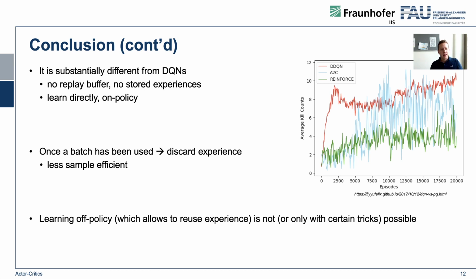This also means that once we have a batch and have updated our policy, we need to discard the experience, because we cannot use the samples to estimate the gradient again, since the gradient would now be different. Meaning that in general policy-based reinforcement learning can be less sample efficient. And it is also not very easy to really use experience replay memories as we use them in DQNs,